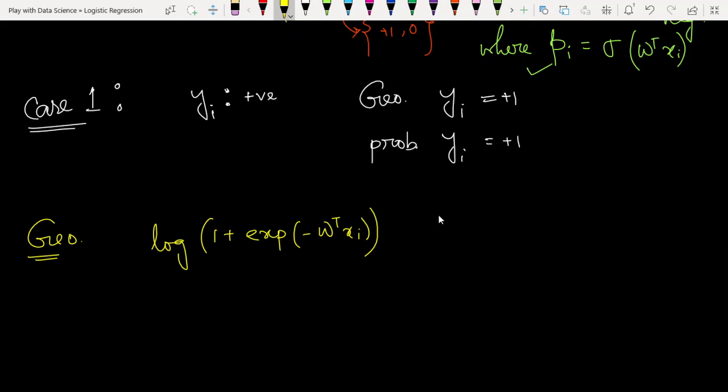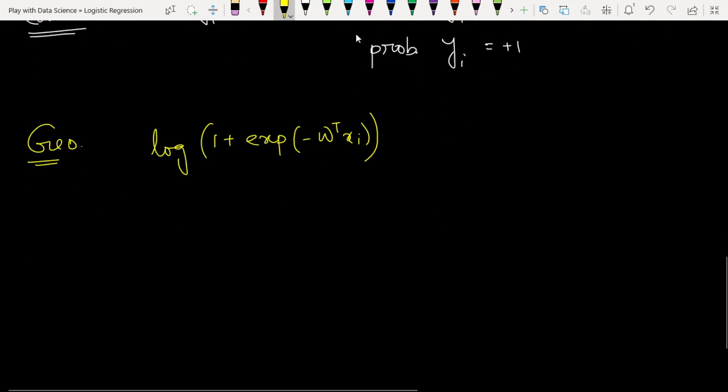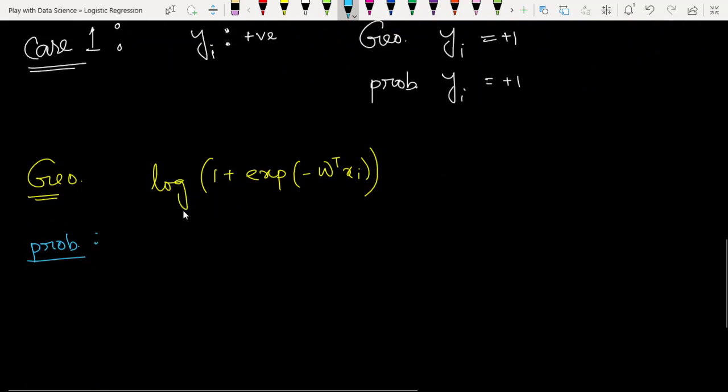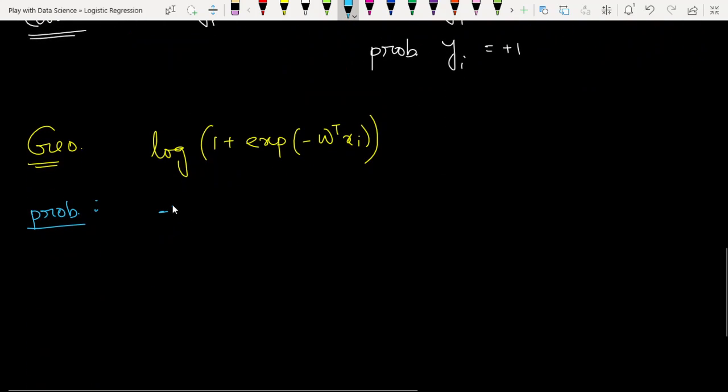Okay, so we are coming from it geometrically. Now let's consider the probability. If we put y equals +1 in the probabilistic equation, then what will we find? If we put y equals +1, then the second term will be 0, and we have got the rest of this term. So we got -1